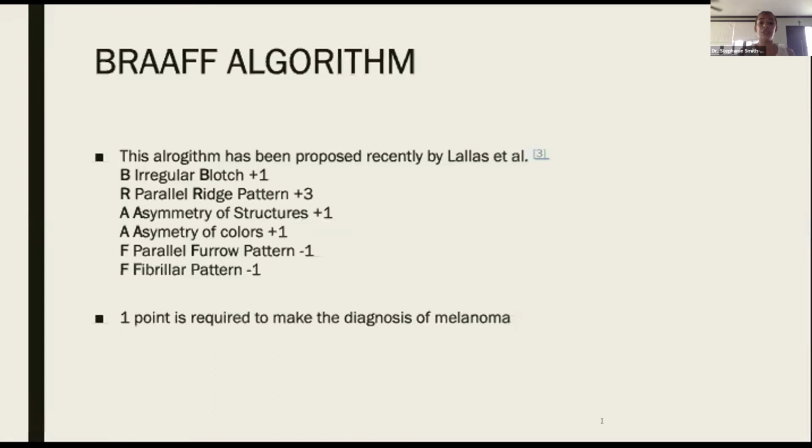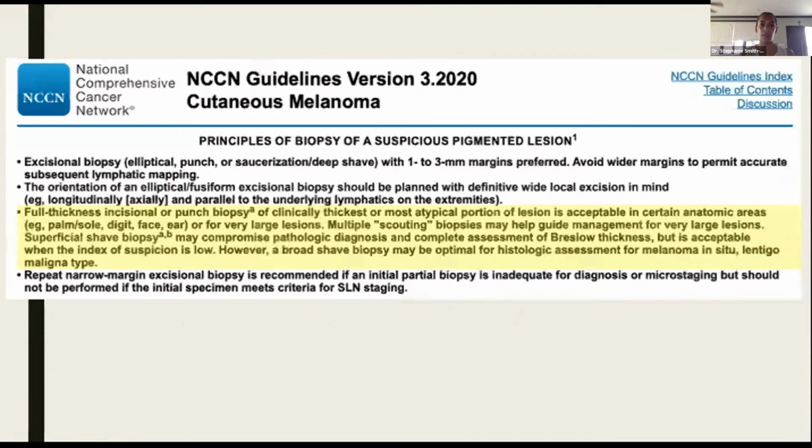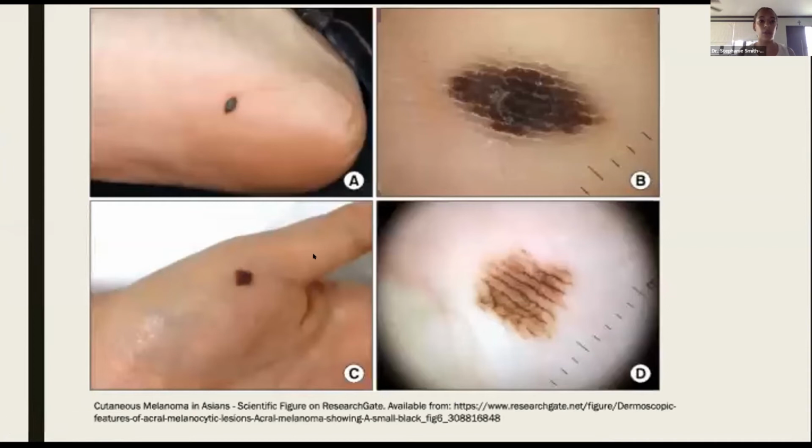So their conclusion was that this BRAF checklist significantly improves the diagnostic accuracy of dermoscopy for the diagnosis of acral lentiginous melanoma. So when our patient presents to us very late and has these quite large lesions, how do we decide where to biopsy? Of course, if you have a small lesion, like in one of these photos, an excisional biopsy with a 2 millimeter margin is relatively easy to perform.